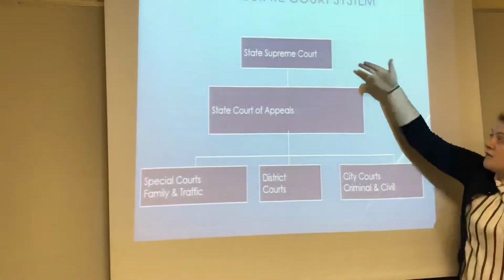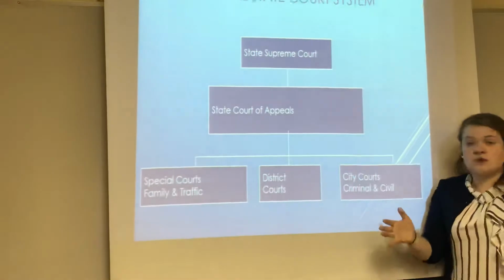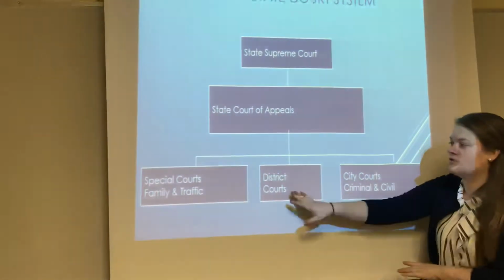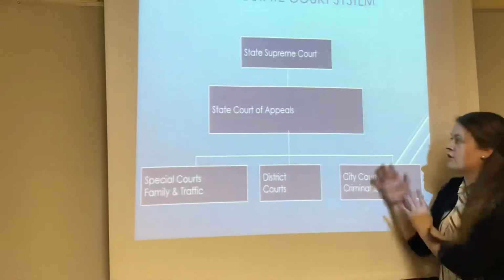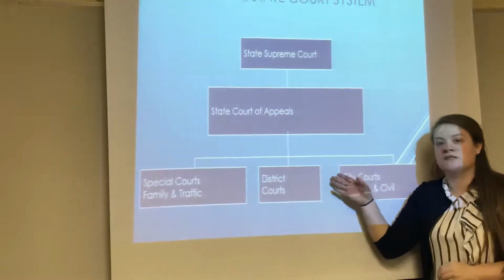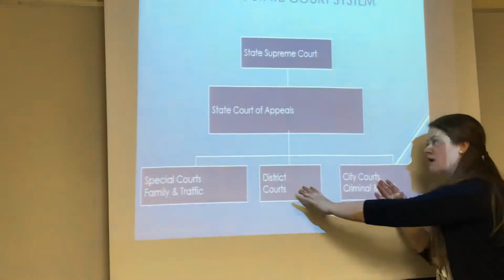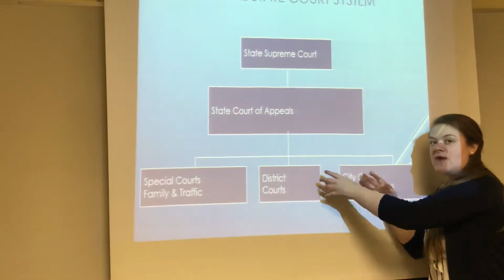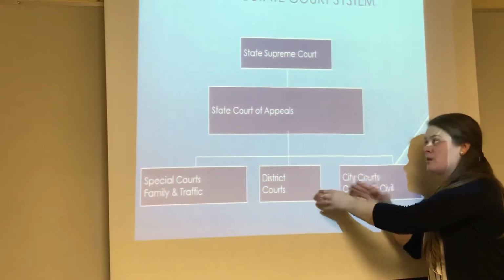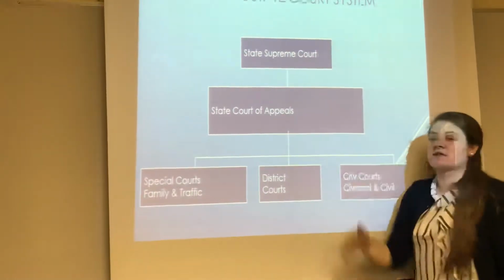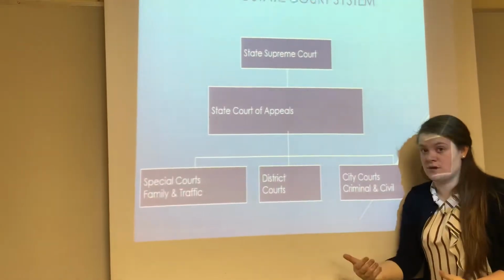So here's a breakdown of what goes on. Just like we have a U.S. Supreme Court, we have a state Supreme Court. So the same function, you have districts, we have things like traffic, whatever. They all pass through this process. So when somebody gets in a situation at this level, then they would go to the appeals court. If a decision was made that the defendant disagreed with, it would get appealed and go to that next level and kind of be retried, and then it could eventually make it to the state Supreme Court and potentially the U.S. Supreme Court,